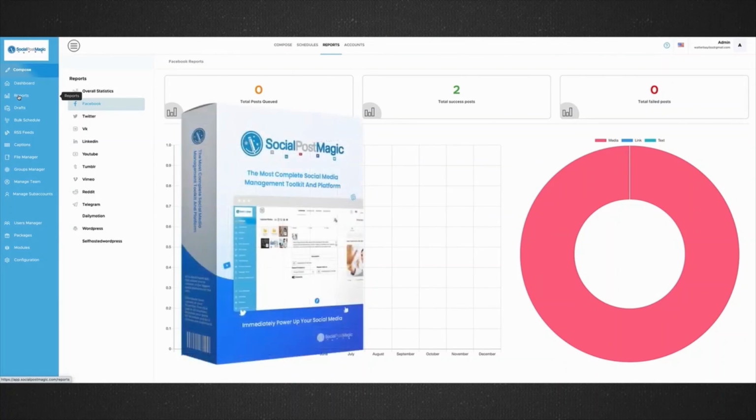Now, that's the quick overview. There are tutorials within the system, but this is the basics. We want to be able to create, we want to be able to post, we want to be able to schedule across every social media platform, and we want to be able to do it from